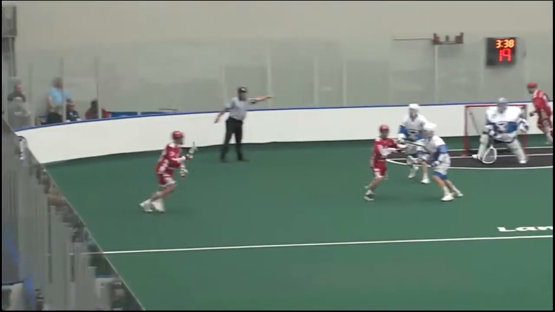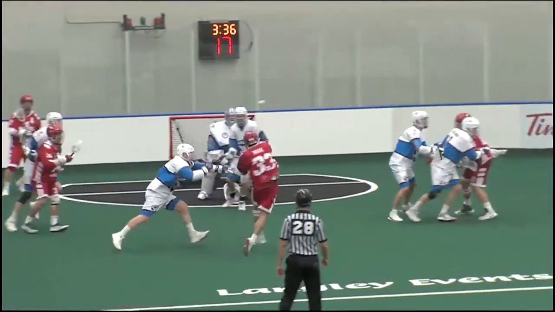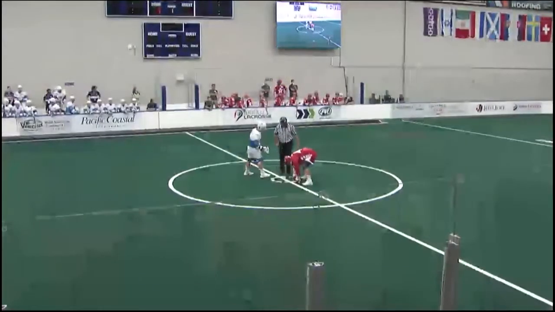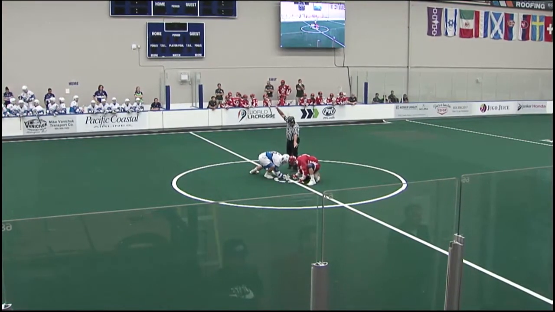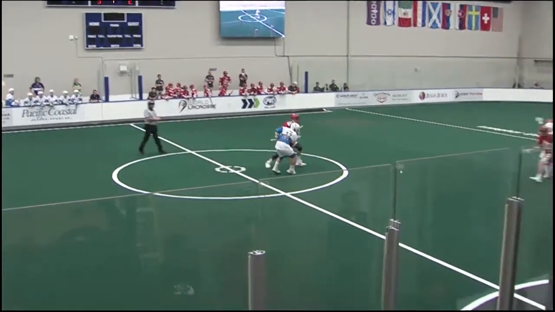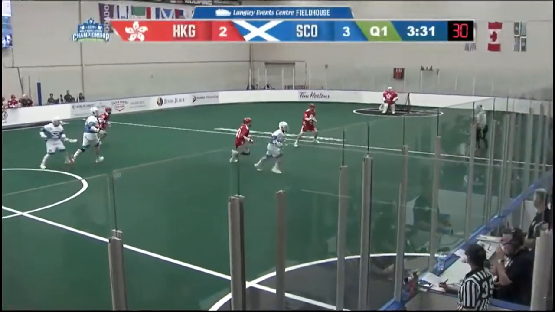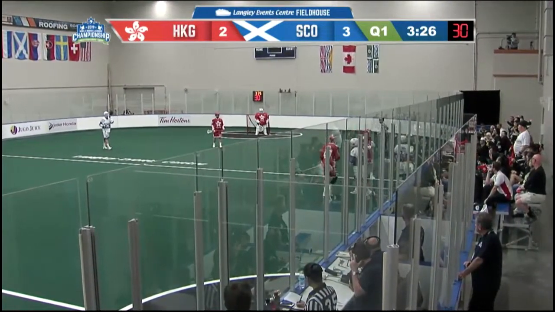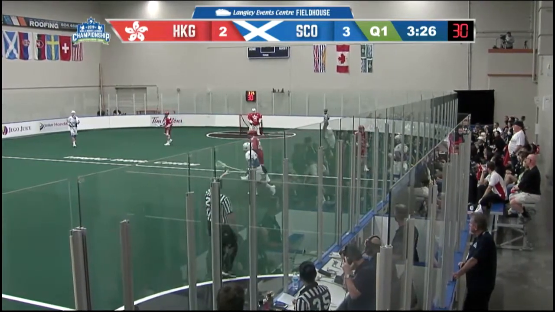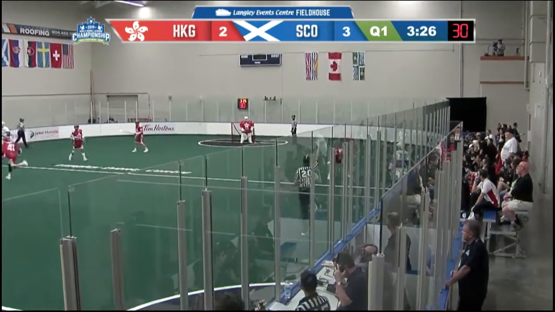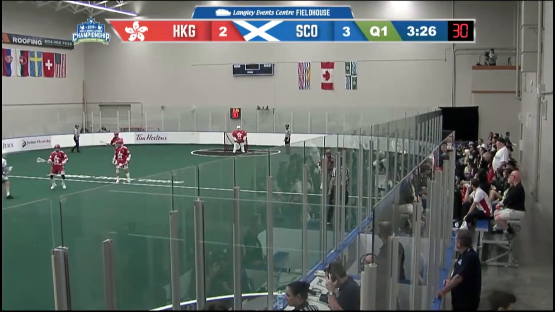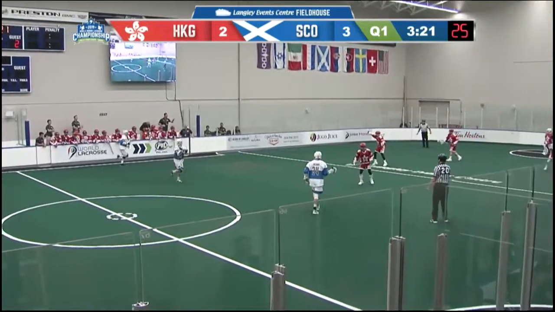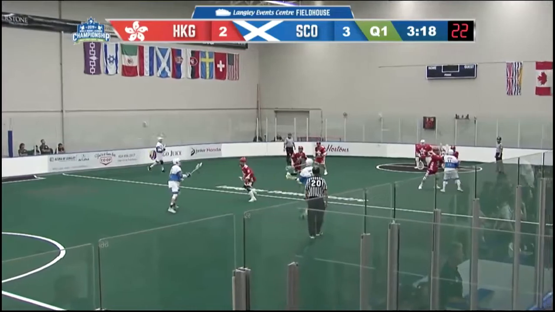Hong Kong passing it around the outside. Mack getting it along the left side, cutting into the center of the floor and letting it go, beating Cowman. 12:26 the time. That's 2 straight goals for Hong Kong, again cutting into that 3-0 lead. Houghton with the first assist.